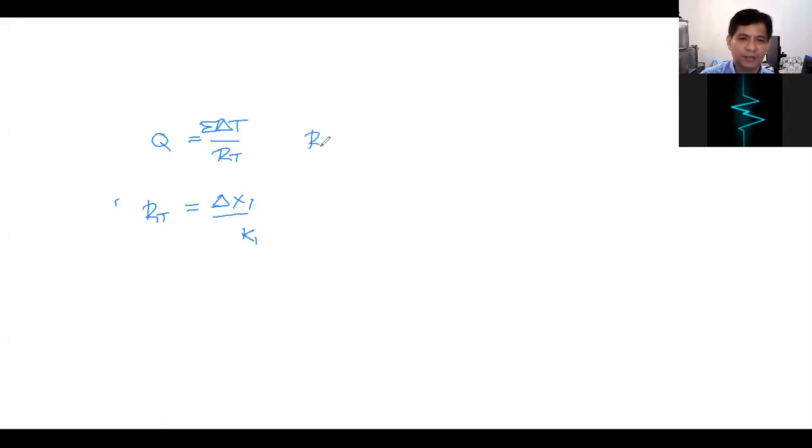So, ito yung R total ng series. Yung R total ng series is 1 over R series is 1 over RA plus 1 over RB plus 1 over RC. Dito muna siguro yung i-calculate niyo. Actually, kamukha rin lang siya na na-calculate natin kanina. So, 1 over R series is, for example, 2 centimeter.